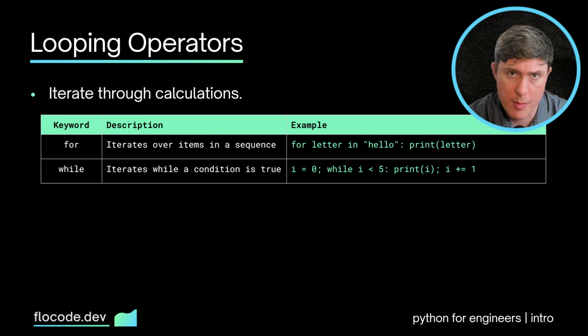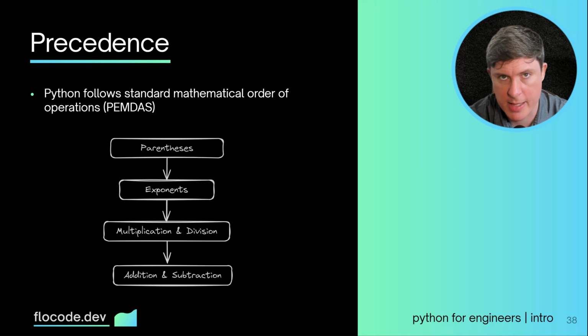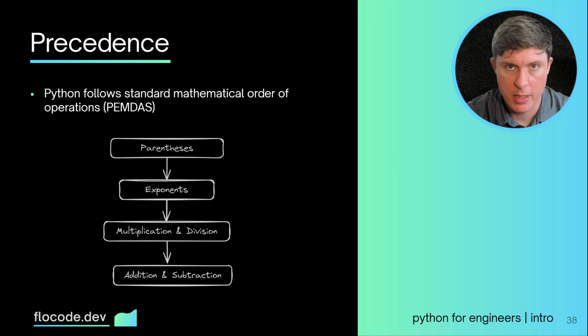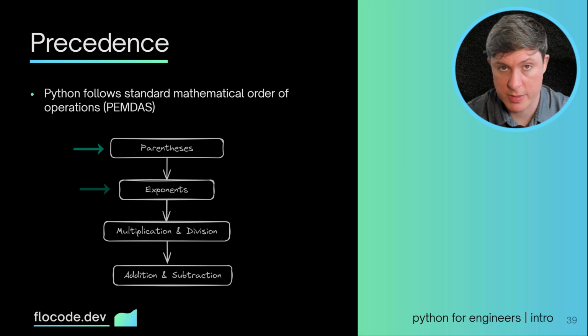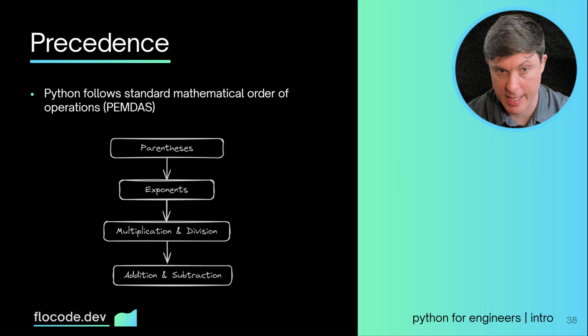There are more advanced operators, but we'll cover those when it's appropriate. Some notes here on the order of operations in Python. It's the same as the standard mathematical model. You have a formula, and the first thing that executes is whatever is inside the parentheses. Then next come the exponents, followed by multiplication or division, followed by addition or subtraction, and then you get your result, which is just the same as calculators and Excel as far as I'm aware.